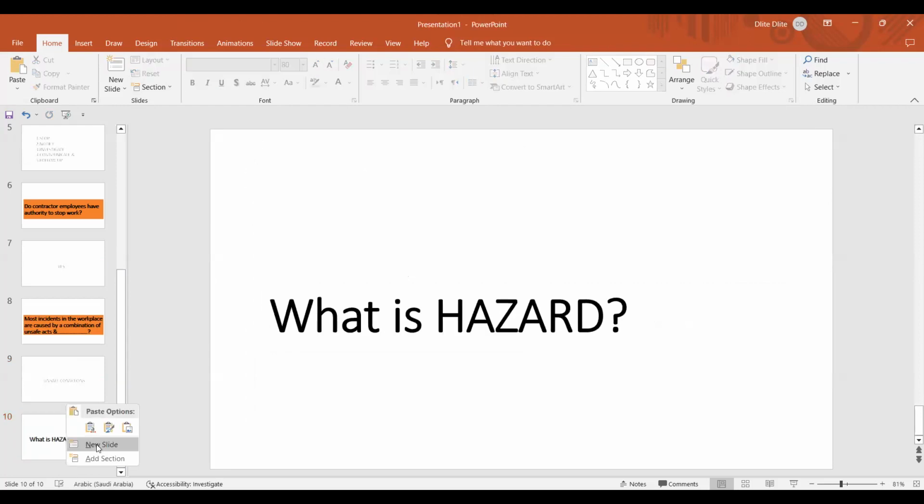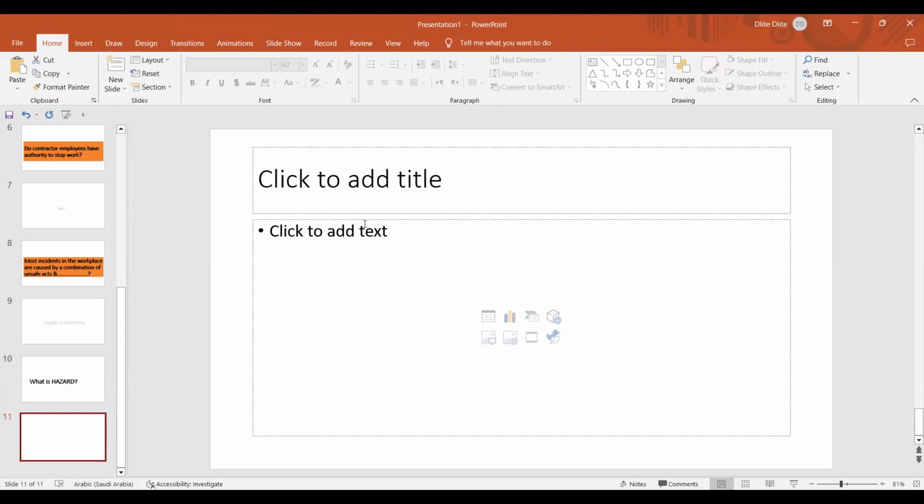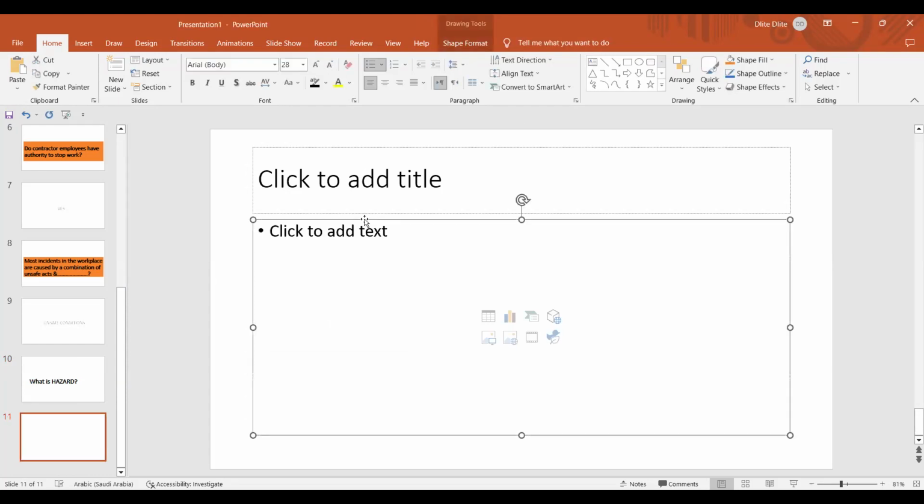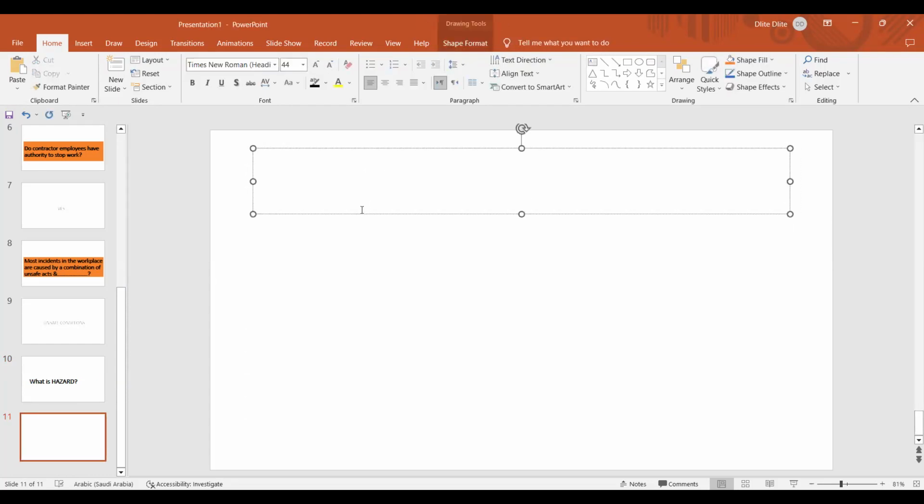Okay. So in the new slide, maybe you can also comment in the video, in the comment box. But I will be mentioning here, as per Saudi Aramco, what they have clearly mentioned: anything that has the potential to cause harm to four important elements, like people, environment, assets, and the business. So PEAB: people, environment, assets, and business. Hazard means anything